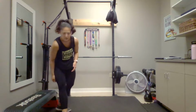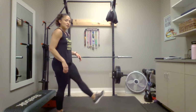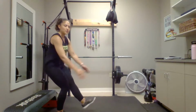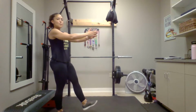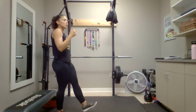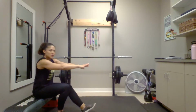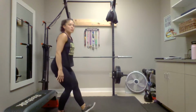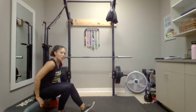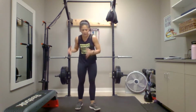So real quick, for the single leg squat, we're gonna start with our right leg. Left leg is out in front of us. We're gonna sit back onto a bench or a chair, and we're gonna come back up. If we need some support, that heel of that left leg can be on the floor. That'll help us come up, or we can use the chair or bench to help us come up. Okay, we're putting all the weight on one leg and using that one leg to